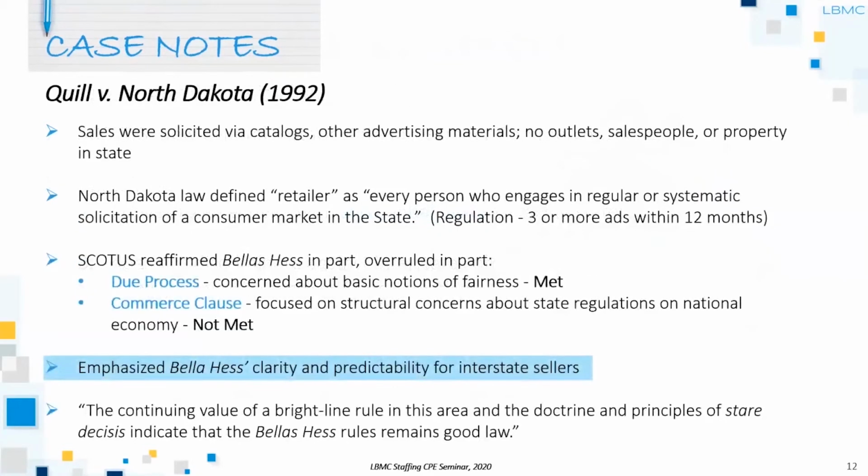So moving on, let's talk about Quill versus North Dakota. I think that's the next big thing that happened. So, Quill versus North Dakota, that's 1992. So if you think about, what has really changed from 1967 to 1992 as far as how people buy goods, not in person, and it's probably not a lot. Again, Quill is another catalog case. And in this case, it's North Dakota who is trying to tax an out-of-state retailer.